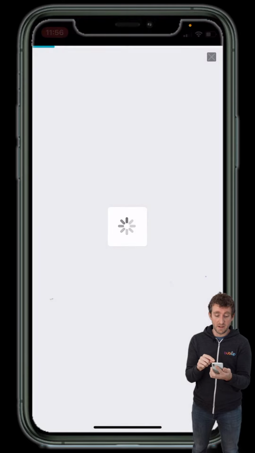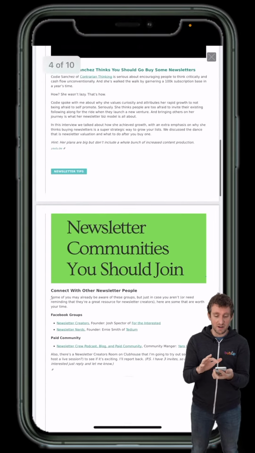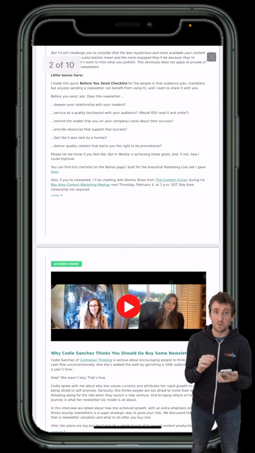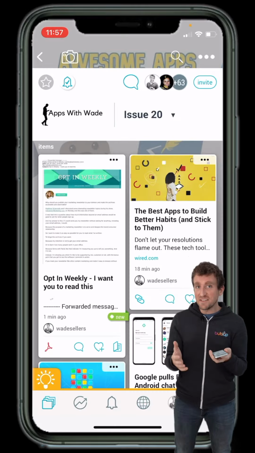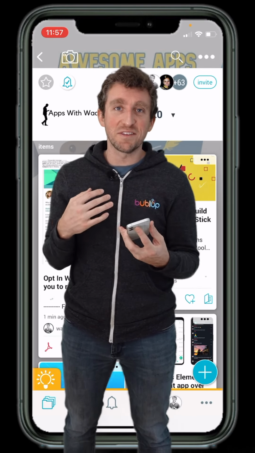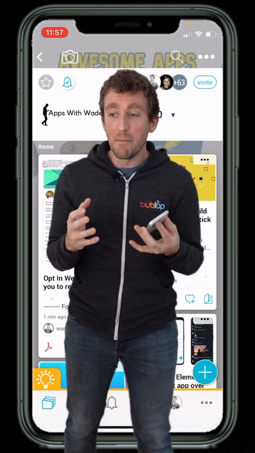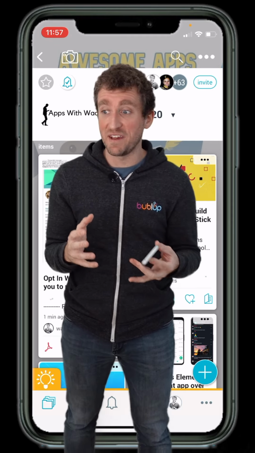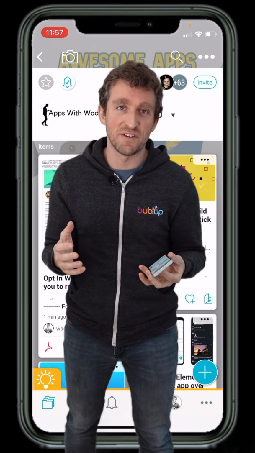Now, if I just tap on it, it's a PDF of your email. So right there you can scroll down and read it. It's a PDF, so all the links are tappable just like they would be in your email account, and you have it right here. Awesome. This is how you save emails into BubbleUp. I honestly think it's one of the coolest features that we have, because I just love my inbox zero, but I also need some of those emails at times, and putting them into BubbleUp in an organized manner is a really efficient way for me to get this done quickly.